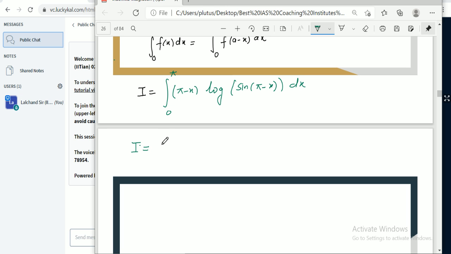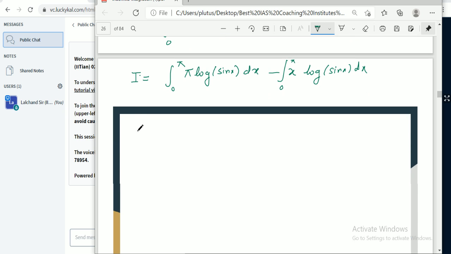This is equal to the integral from 0 to pi of pi log sin x dx minus the integral of x log sin x dx, and the limit is the same, 0 to pi. Okay. So if I transfer this integral value, because this is also I,